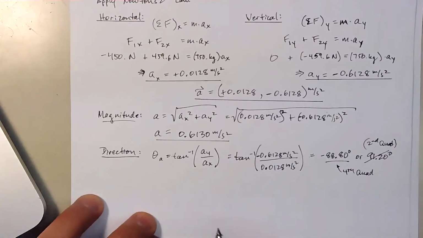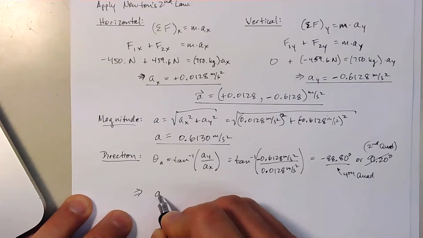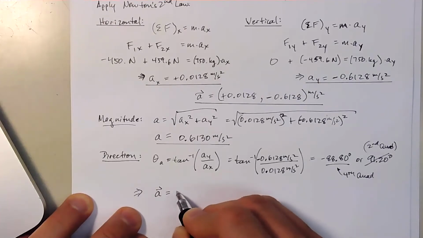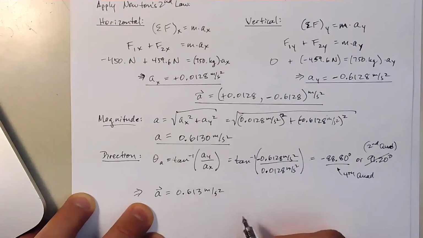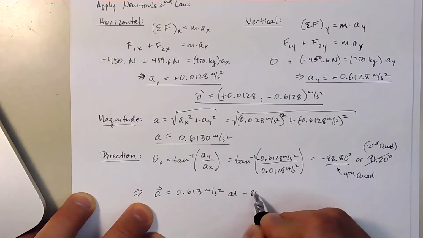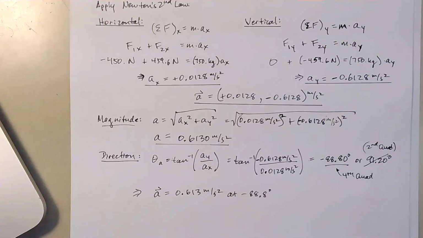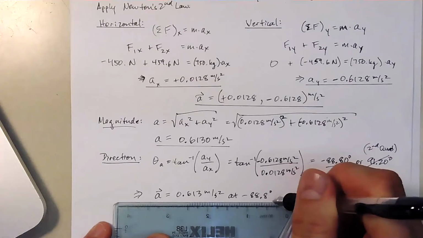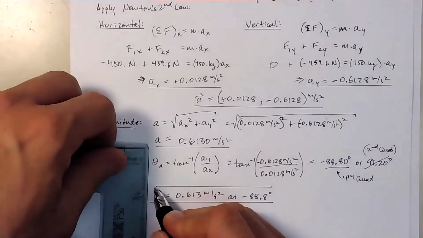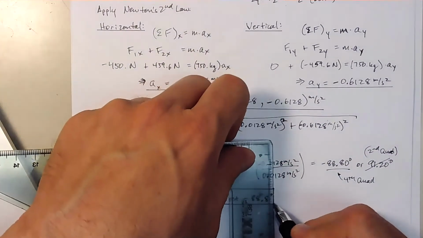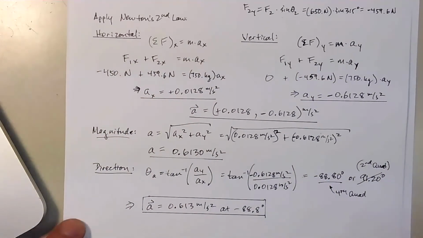That's it. So therefore, the acceleration vector is 0.613 meters per second squared magnitude at a direction of negative 88.8 degrees, trig angle. And it'd be nice before we leave this problem completely to just do a quick little sanity check and ask ourselves,